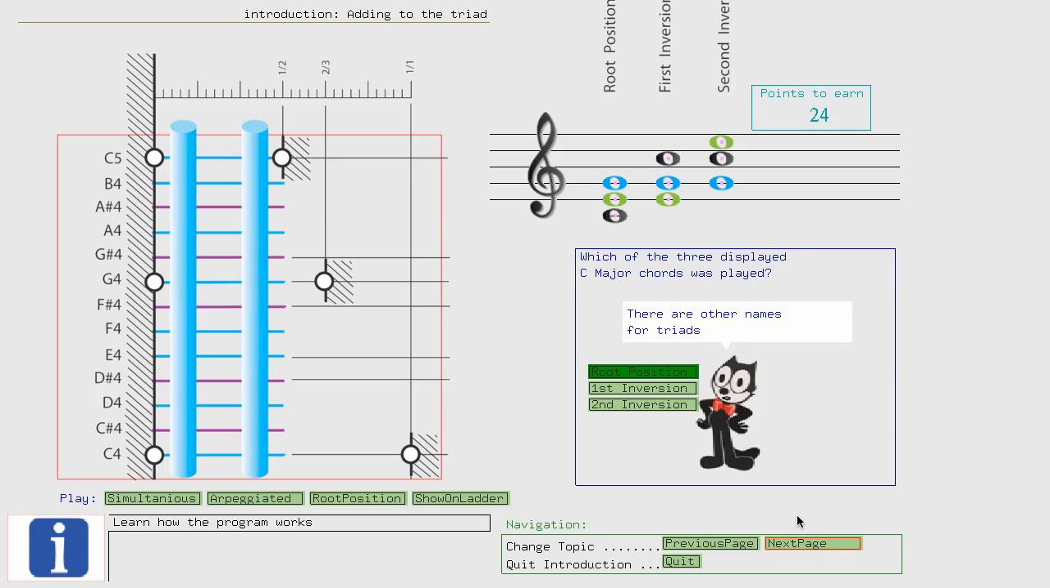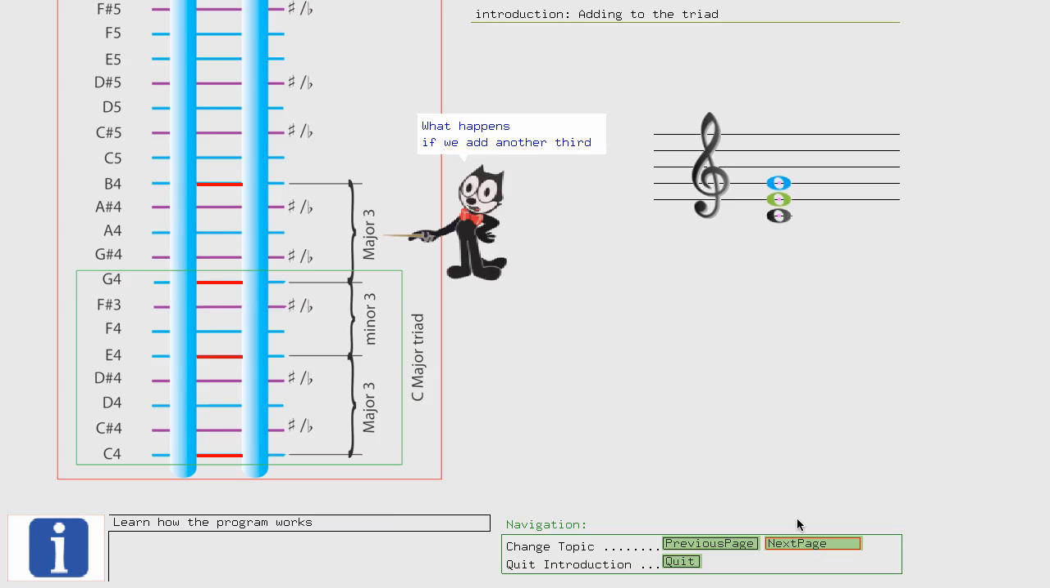There are other names for triads which do not consist of thirds only. For example, suspended chords. We will not go deeper into this kind of chords. What happens if we add another third